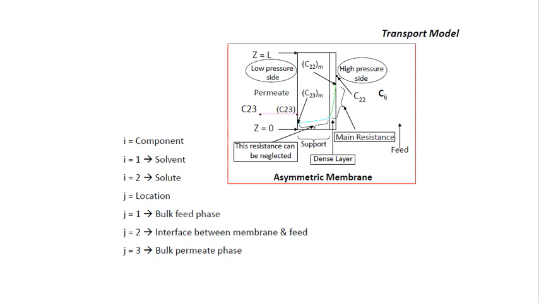Now the transport model of the reverse osmosis. I have already explained to you that reverse osmosis works on the solution diffusion mechanism. In the solution diffusion mechanism, the species present in the liquid selectively absorb on the surface of the membrane, then diffuse across the membrane due to the concentration difference, then dissolve at the other side of the membrane